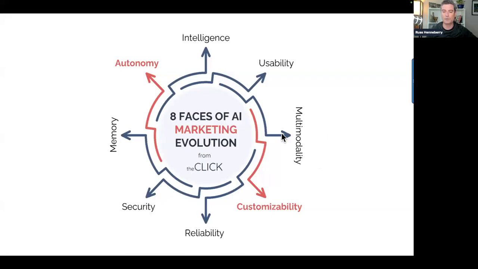I'll save this next one because we're going to focus here today, multimodality. But then you have customizability, which is the ability to give the AI context and customization. In other words, can I give it files that it will understand and put in its knowledge base? Can I change how the AI operates at a global level? That's customizability. Then you have reliability, like how is the AI evolving in terms of hallucination, which is when the AI just makes stuff up. Things are improving there, and they are spending billions and billions of dollars to try to solve this reliability issue, and it keeps getting better.